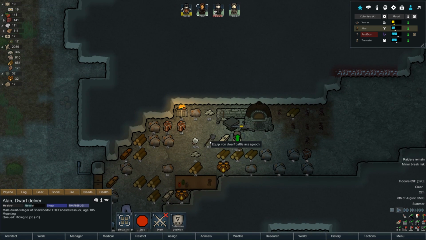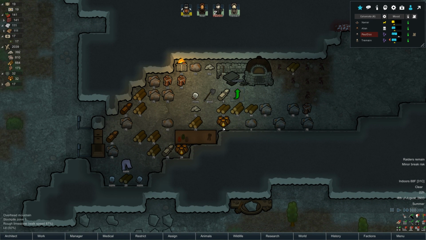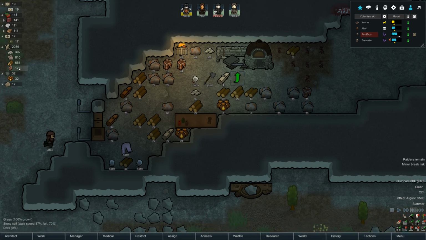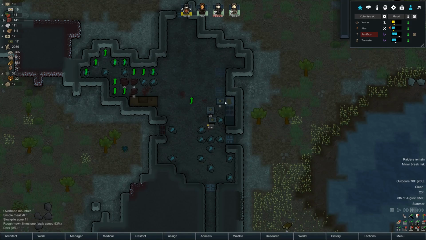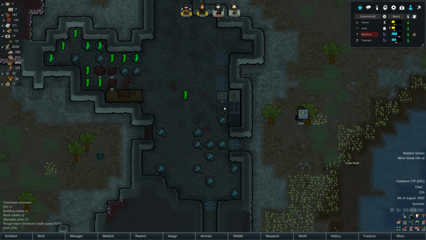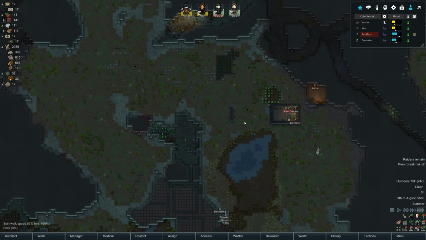Alan, come on up here, friend. We've got a dwarven axe for you. Speaking of, we're working on our 3rd axe right now. We still have 800 steel. We got 173 iron. That's getting a little bit low. Alan's got a lot of, like, important hauling to do here. But I'm pretty sure tomorrow...